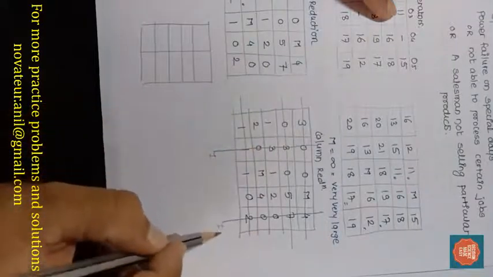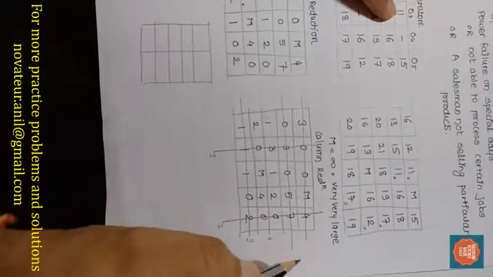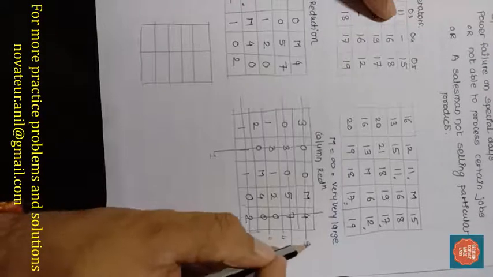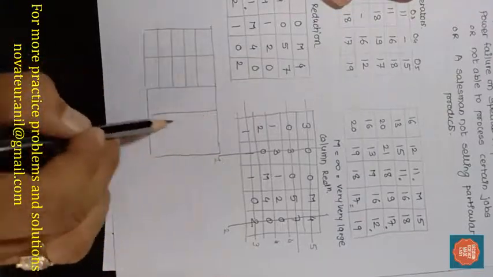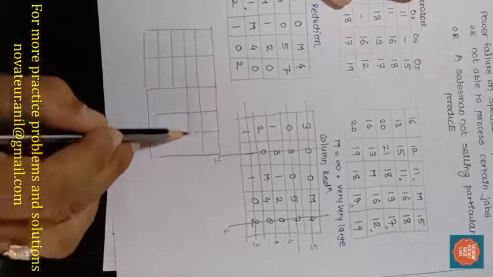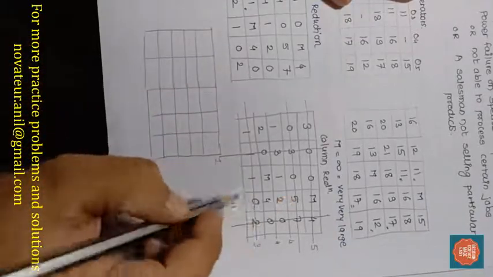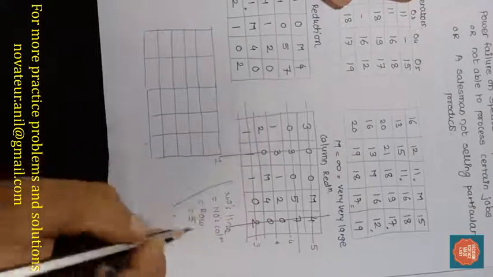So it's 1, 2, 3, 4 and 5. So the number of lines is nothing but the number of columns, which is nothing but the number of rows. I got the condition of optimality. So here I'm going to assign the zeros. Here the number of lines is equal to the number of columns is equal to the number of rows, so that is equal to 5. So this is the condition of optimality. So now I am going to assign zeros.